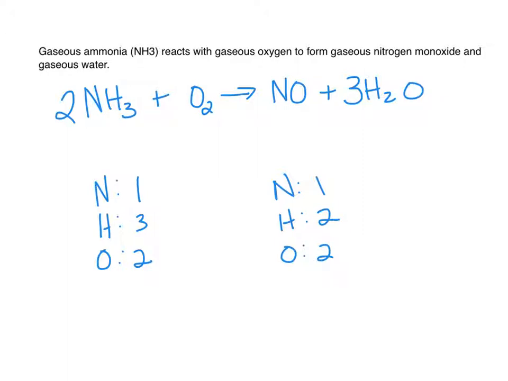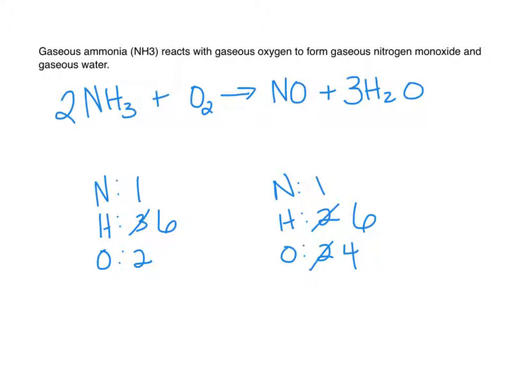I have 2 times 3 hydrogens give me 6 hydrogens on this side, and then 3 times 2 hydrogens give me 6 hydrogens on the other side. Now, in balancing the hydrogens on this side, I have now changed the number of oxygens. I have 3 times 1 oxygen here is 3, plus 1 is going to give me 4 oxygens now on the right-hand side. So now I'm going to need to balance out